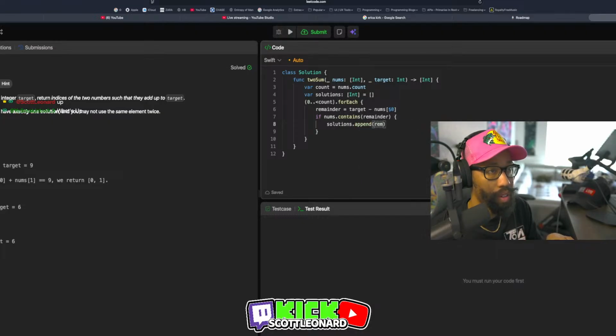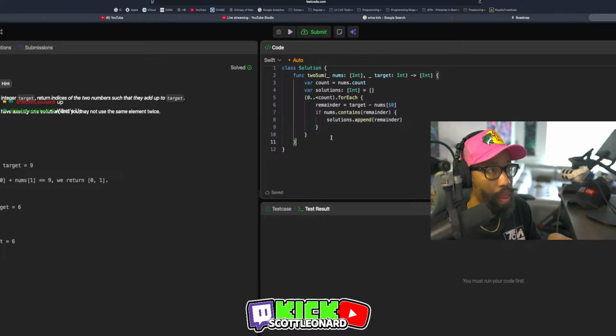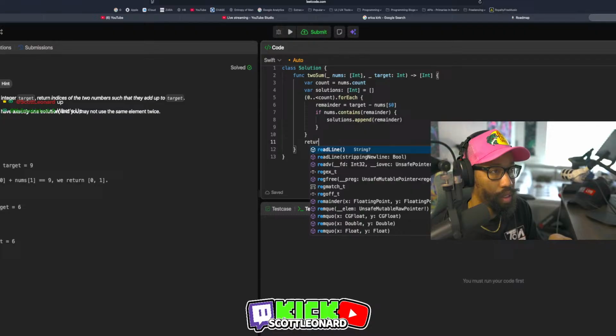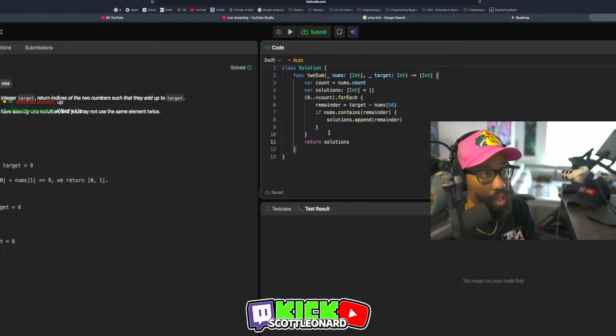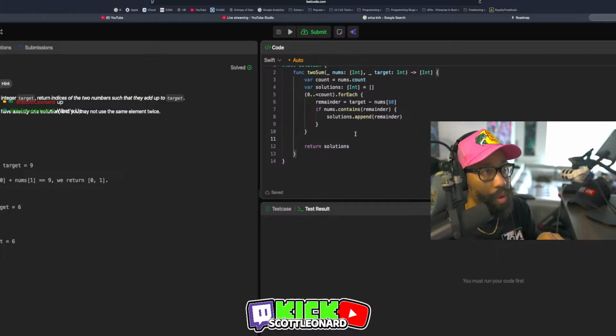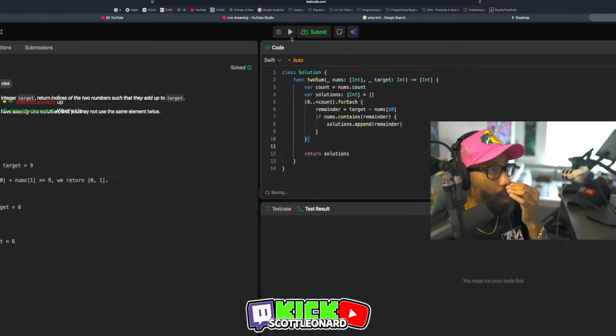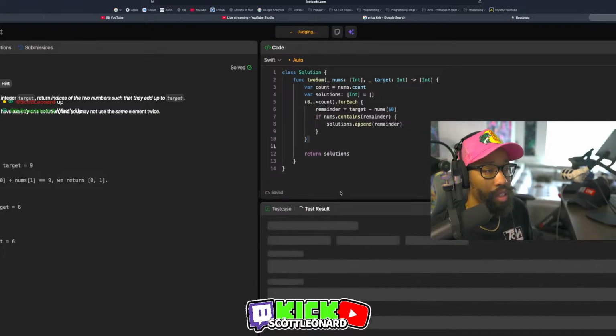And this will be remainder. And then down here, we return solutions. And this should, in theory, work. But there's a problem. And I'll tell you the edge case in a second. The problem is,